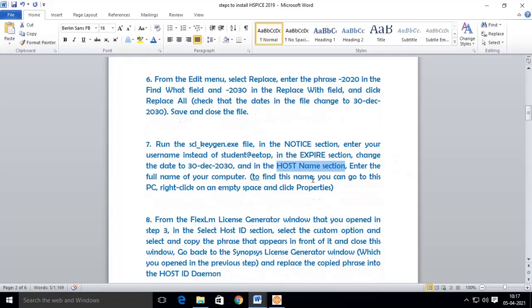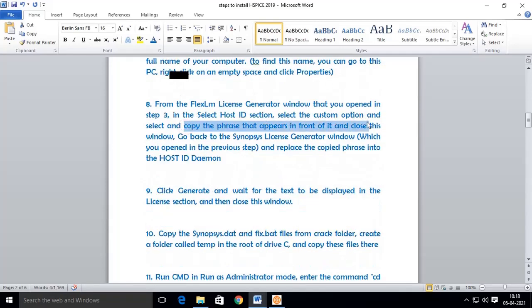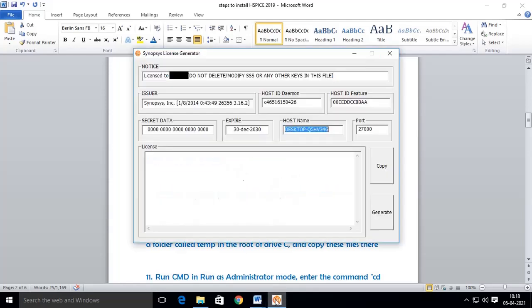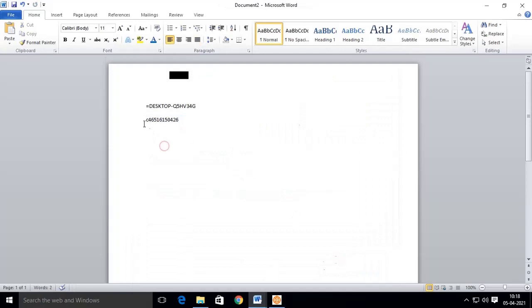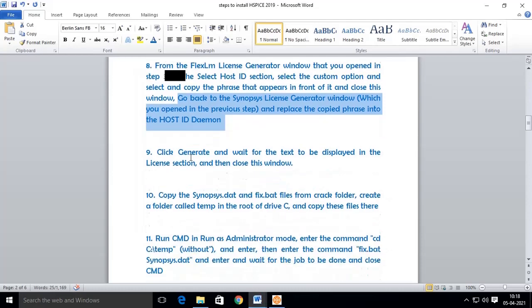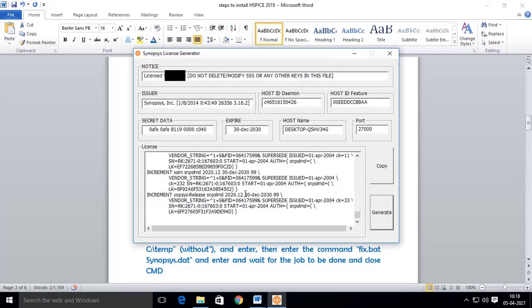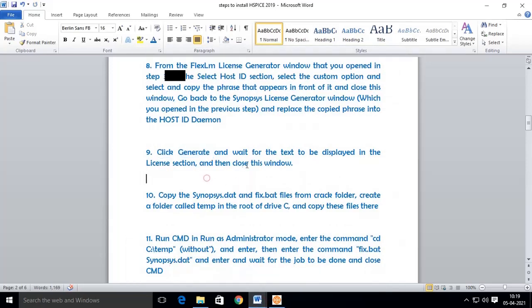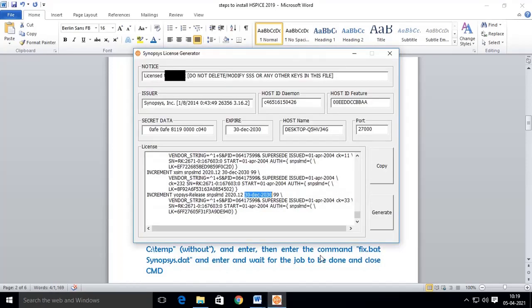Host name we have entered, and daemon ID. Now click generate and wait for the text to be displayed. After clicking generate, check the date. It is 30 December 2030, and then close the window.